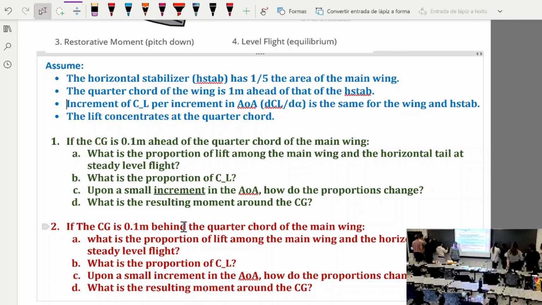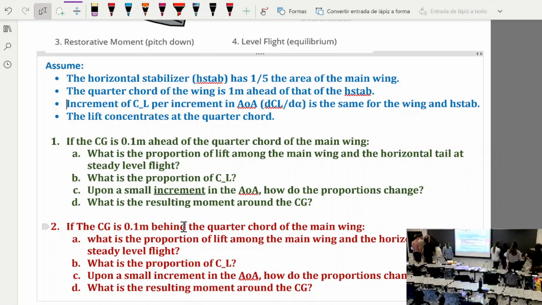I think we're on question 3. Oh, you're on question 3. Sorry. Okay. That's good. So you're trying to figure out this. Yes. Question 3 is looking at how the proportion changes, first figuring out how the lift